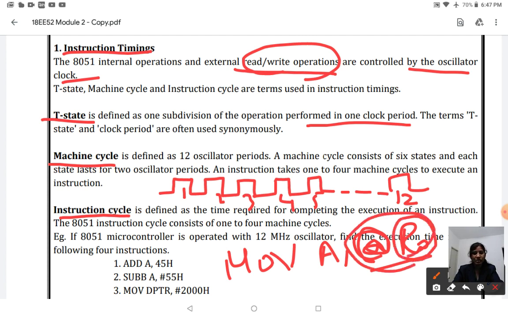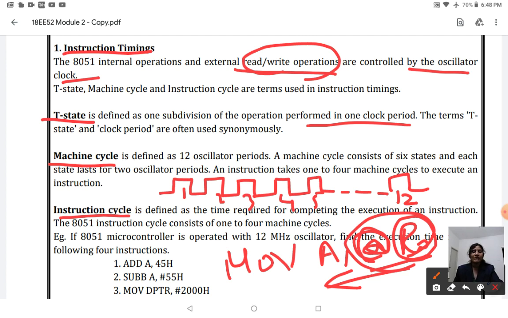So fetching this address takes 1 machine cycle and moving the data from that particular address to the accumulator takes another machine cycle. So it depends on how the instructions are executed, whether they access internal memory or external memory.